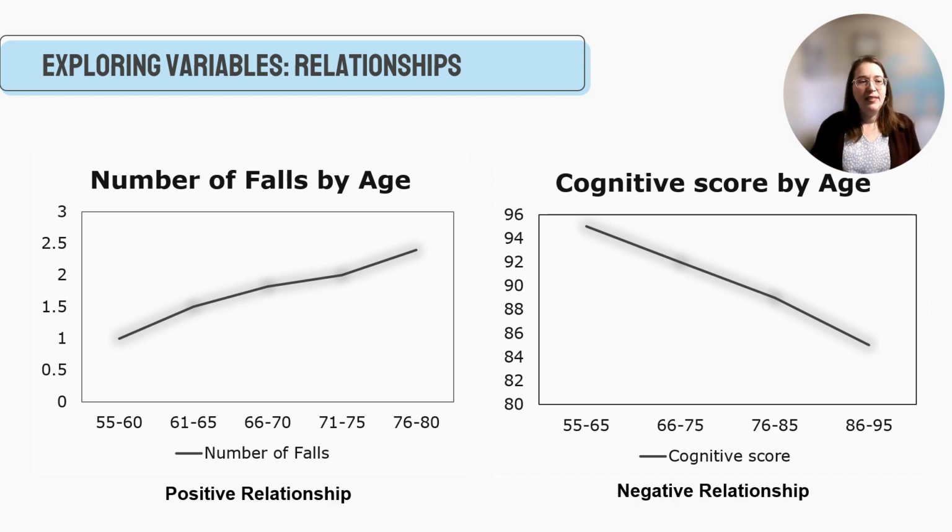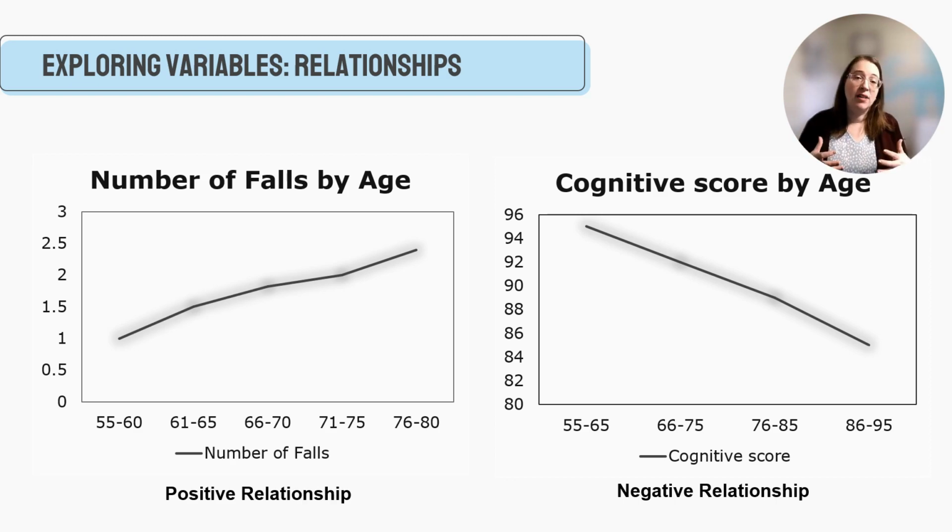And what you find is that as individuals get older, the number of falls increases. Now, you can't necessarily say that age is going to cause falls. There might be another variable at play, such as osteoporosis or the development of balance issues. But you just want to at least look at the relationship and say, hey, as people age, are they more vulnerable to falling? And so what you do is you look at the different patient charts, and what you find is, yes, as the age of the client or participant increases, the number of falls increases.